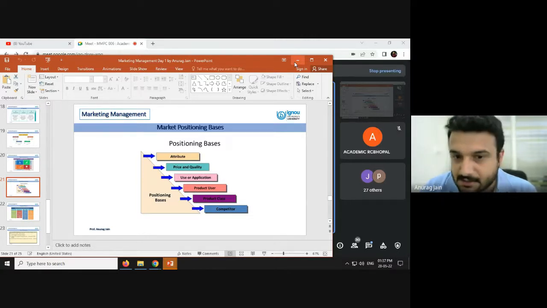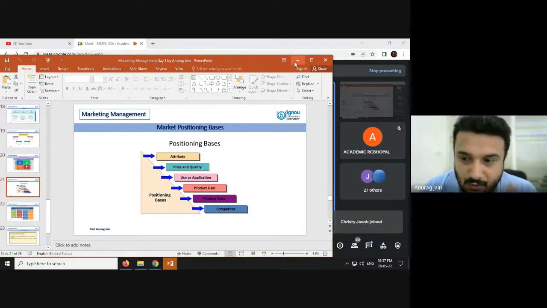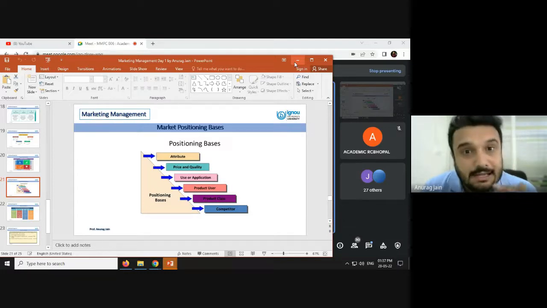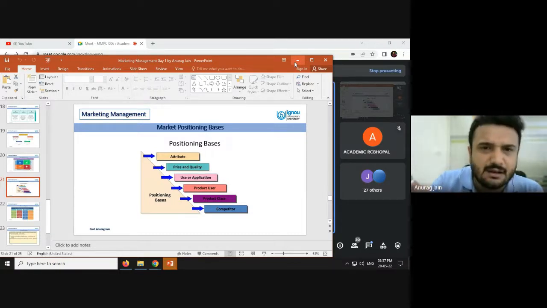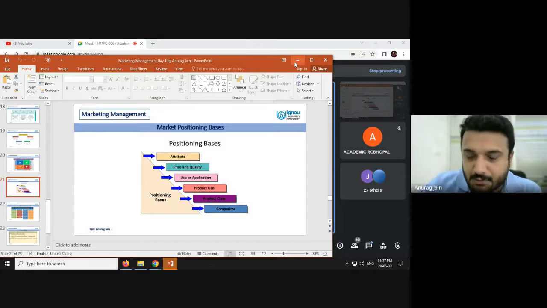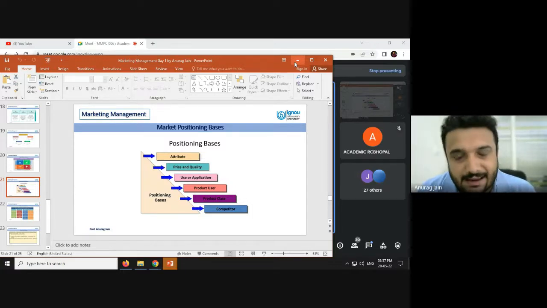their individual differences. But definitely what my usage is for that particular product is going to decide how I'm going to see that product, and what the relative advantage of the product is for me when I'm going to pay a certain price for it, right? Who is the product user also varies. The age group of the product user, and the understanding of the product user about that particular product, also vary. What kind of product class it is: classes can be high end, mid range, or low end. So definitely it is going to vary.